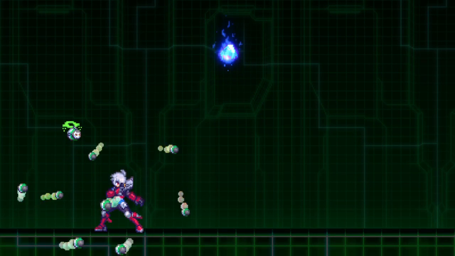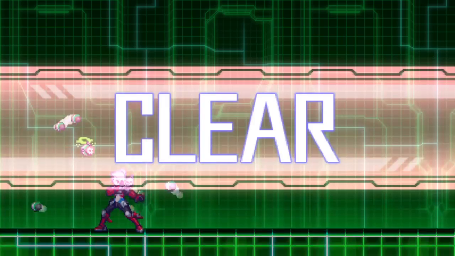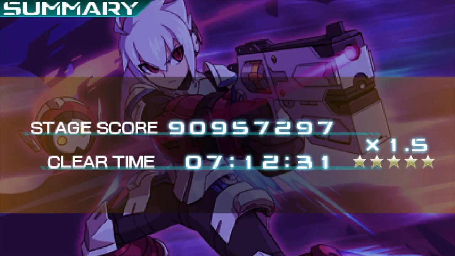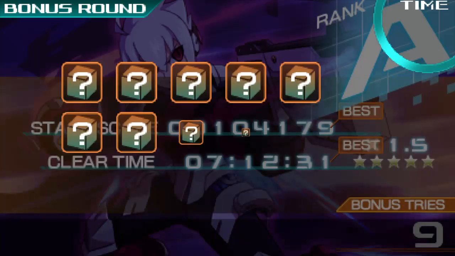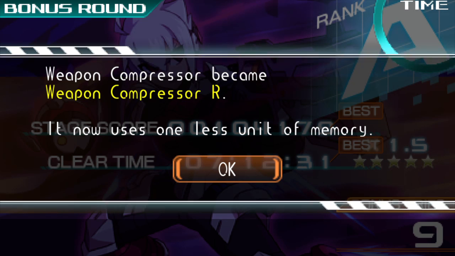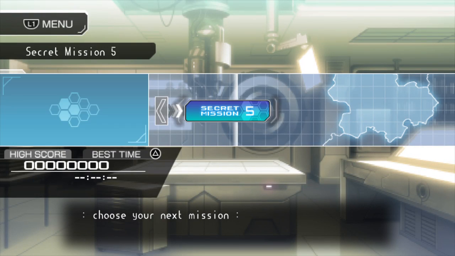Oh, if we were replaying the stage, we definitely would have cleared a couple of time-based challenges there. There we go, baby. 5 stars. That's what I'm talking about. Weapon compressor upgraded. Now uses 1 less unit of memory. That's nice, I guess. Not really gonna affect the way we play, but...